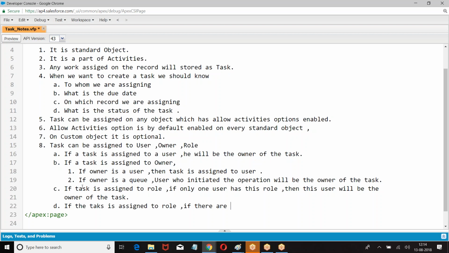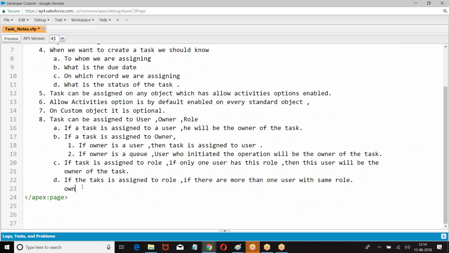If there is more than one user in the role, then the owner of the record will become the owner of the task. Right? This is to decide who will be the owner of the task.